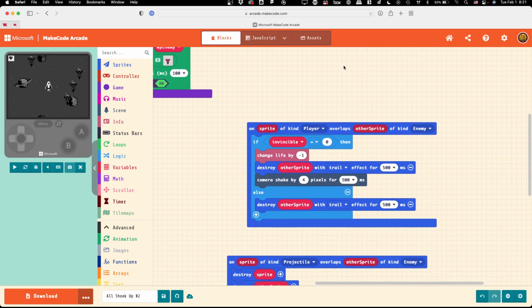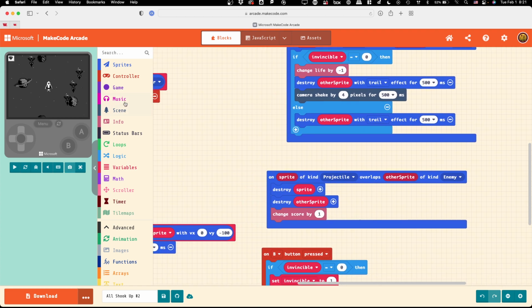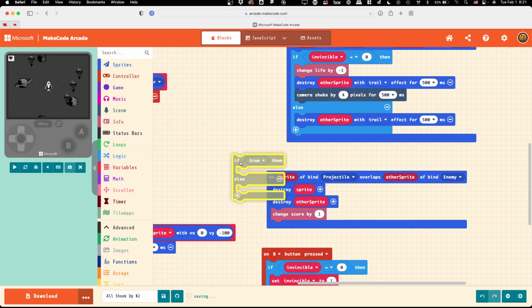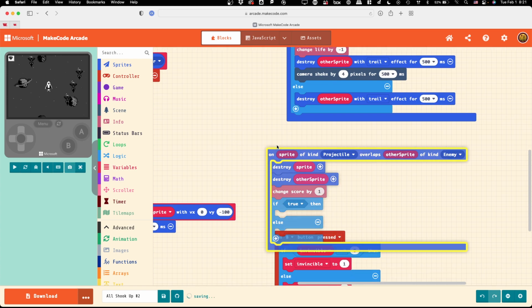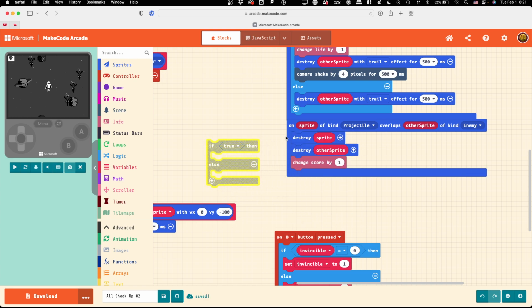But then we also need to come over here and deal with the projectile and when the player touches the enemy. So let's modify this. What should we do if the player touches an enemy? Or sorry, shoots an enemy. Yeah, subtract one of the enemy's health. And we'll put the condition here, if the enemy's health is 1, then we also need to,